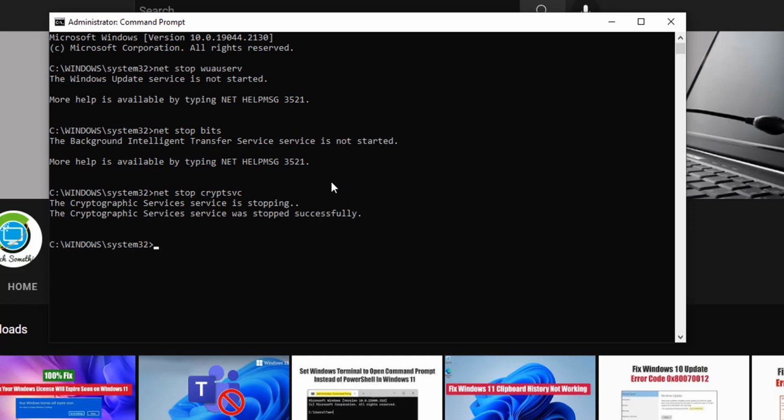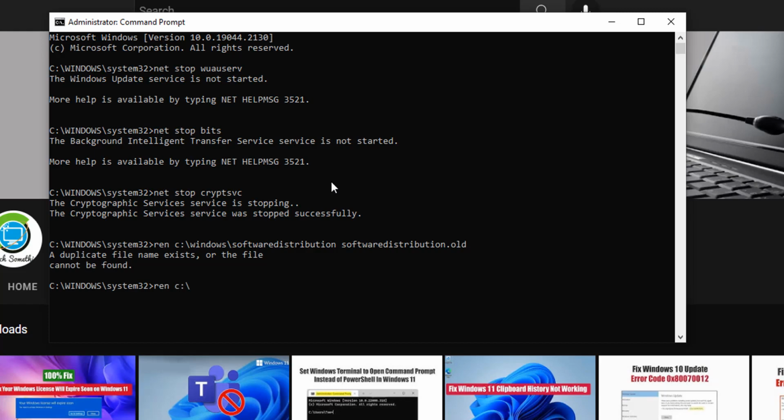After doing this, type the command ren C:\Windows\SoftwareDistribution SoftwareDistribution.old and press enter. After doing this, type the command ren C: